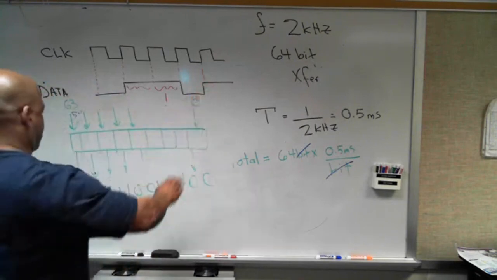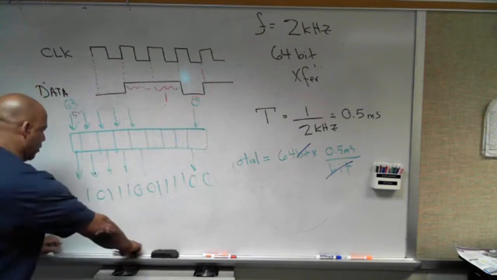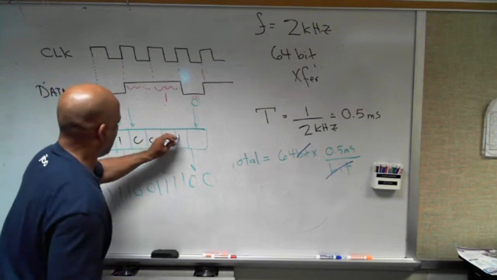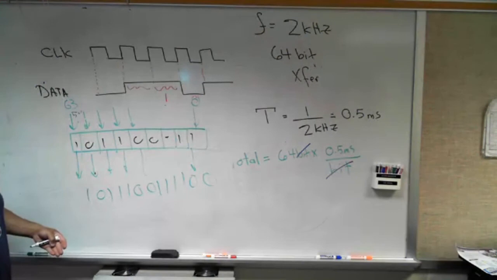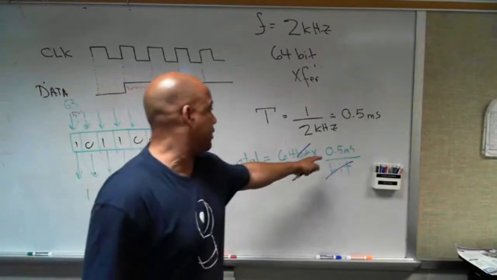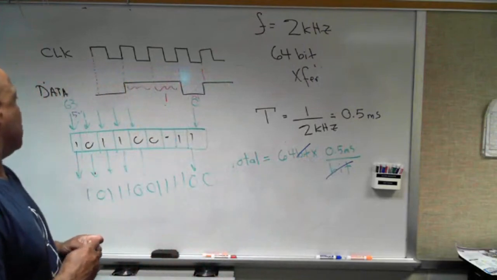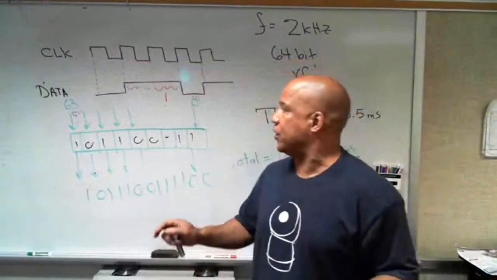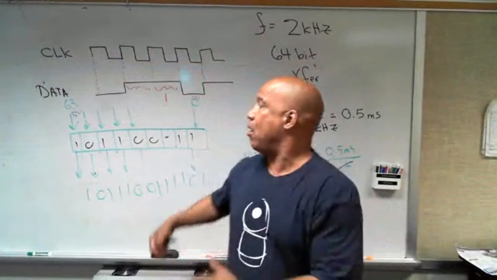Then I've got those bits, there's 64 of them, and if I load this up with bits, in 1 bit time all of these things are unloaded. So in 1 bit time, it takes whatever the period of the clock is, and the period of the clock was half a millisecond. So the key here is it depends on the type of data transfer. Are you sending them in single file, bit by bit, 1 at a time,